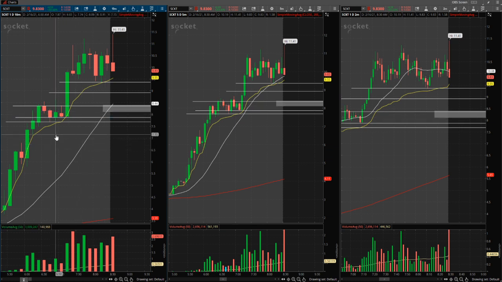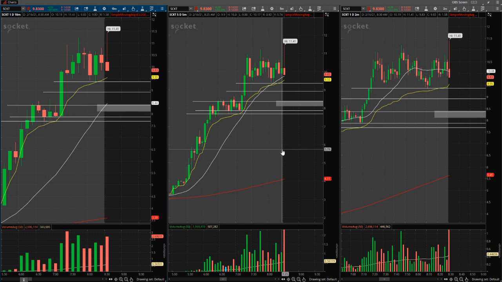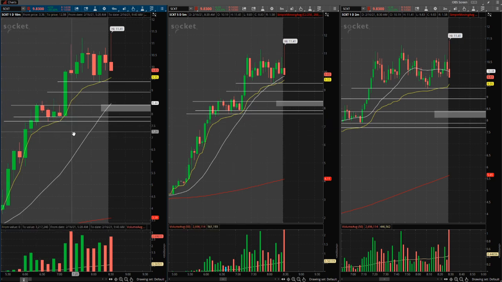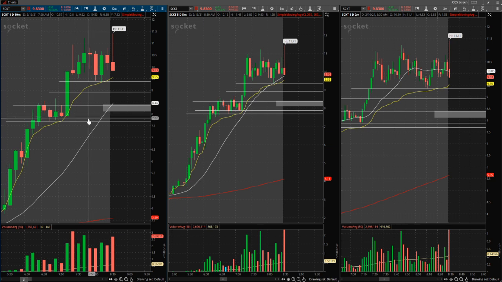So what I can do is utilize exactly what I just mentioned with these bodies, the true, quote unquote, true support right here, where you got 2 wicks, 2 bodies, a lot of touches on this, near VWAP at the time. That could be a potentially better key level. Now, do I want my stop loss to be, what is that, 20 cents? 20 cents is a fine risk to reward for sure,